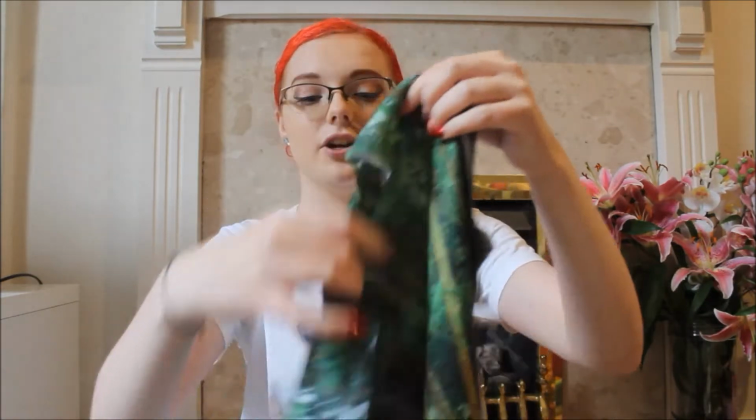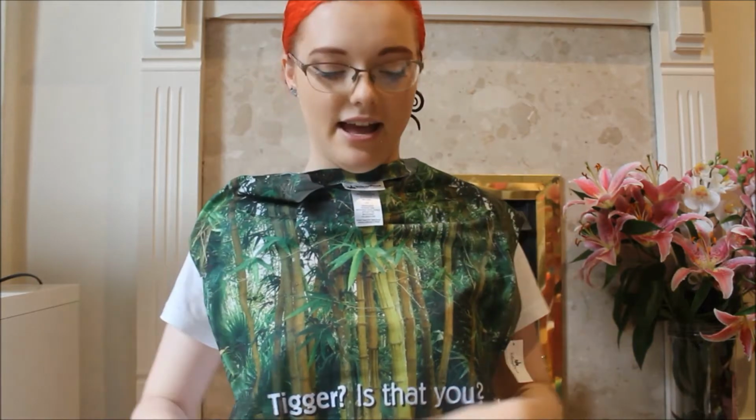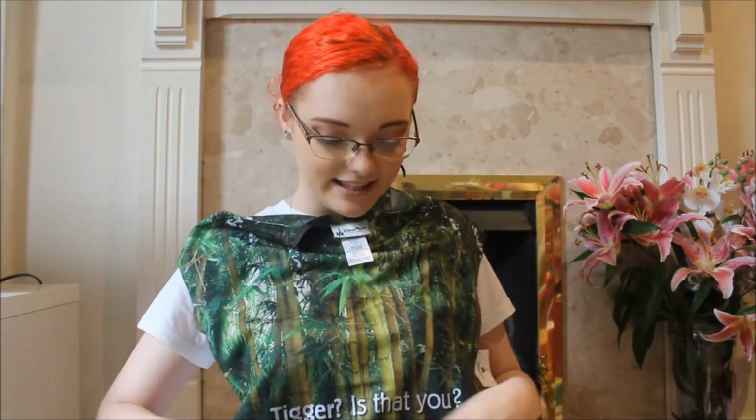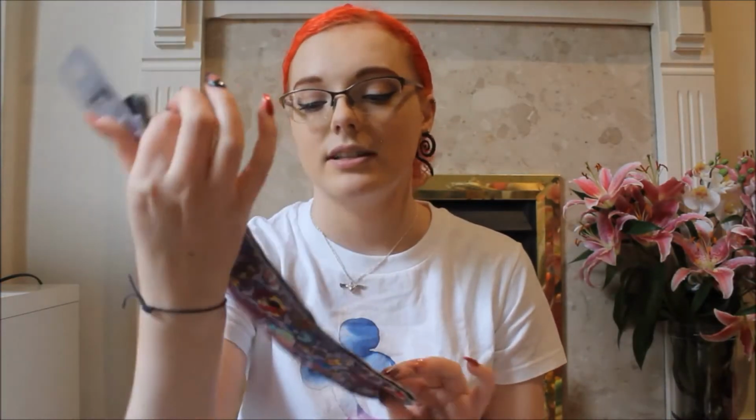$36.99 for this t-shirt, and I got it for a tenner. So I was super happy with that, especially because I really liked the design, and this is actually nicer than the t-shirts and the mug because the mug is just plain white, and I'm pretty sure the t-shirts are plain white as well. And the next thing I picked up was a pair of socks that I saw that